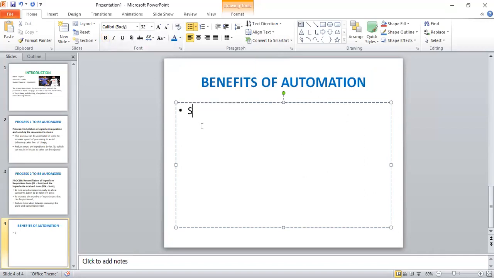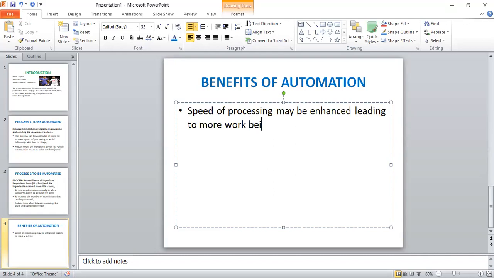You can say speed of processing may be enhanced, leading to more work being done, and timeous fulfillment of orders. Cost reduction